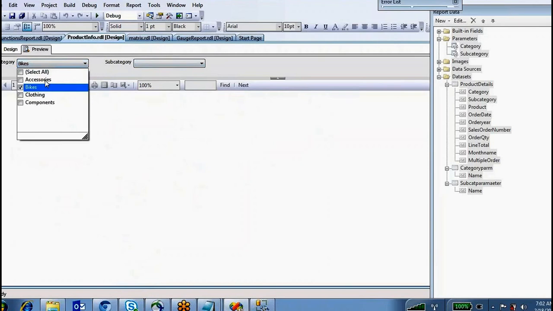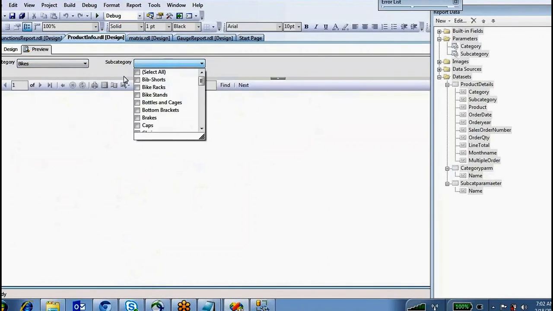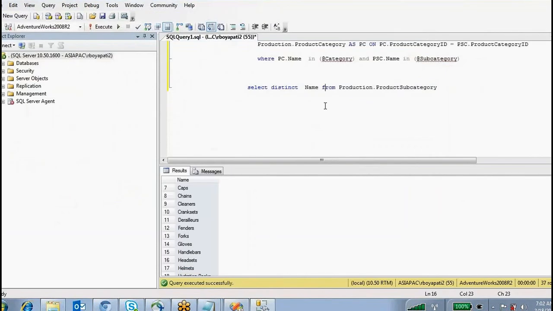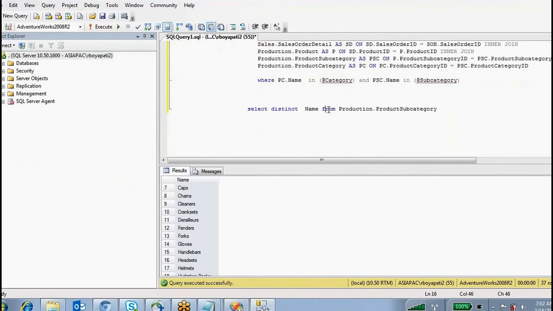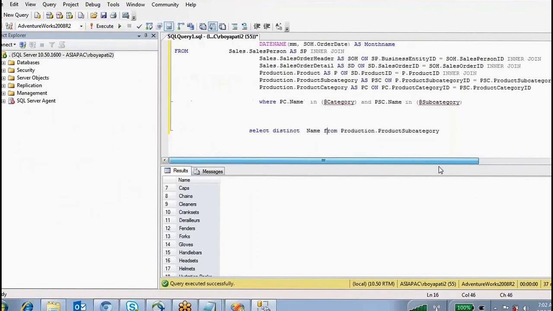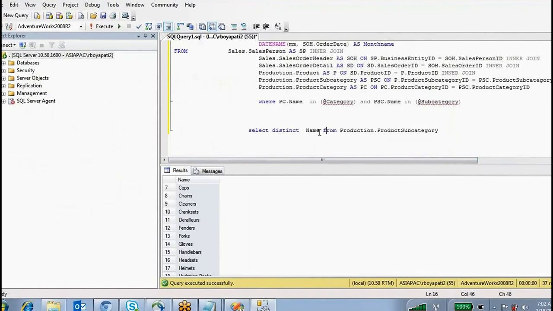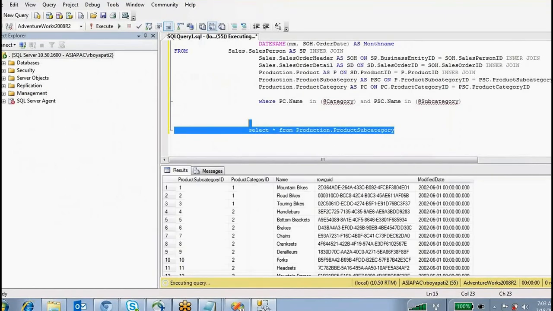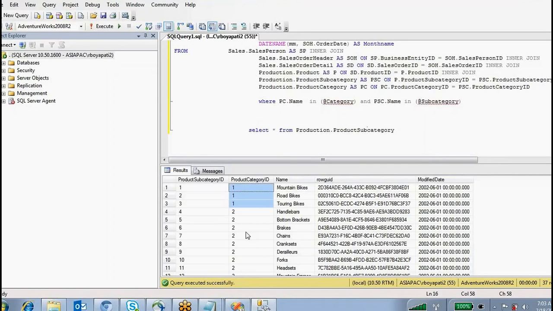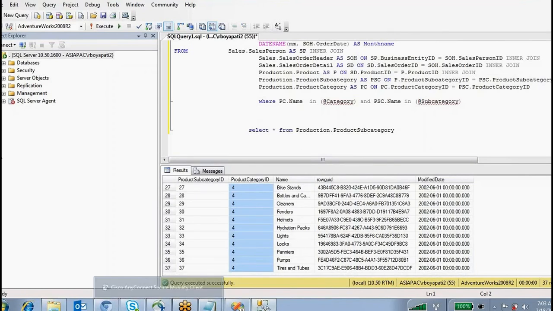Whenever you are selecting this category parameter value, that has to filter this value. Okay, right, how to do this one? So if you observe in this table, there is a product category ID column.